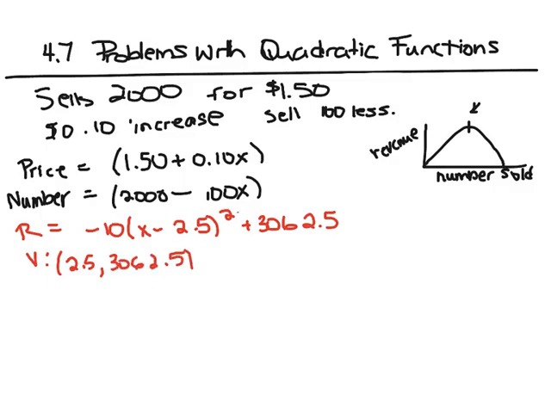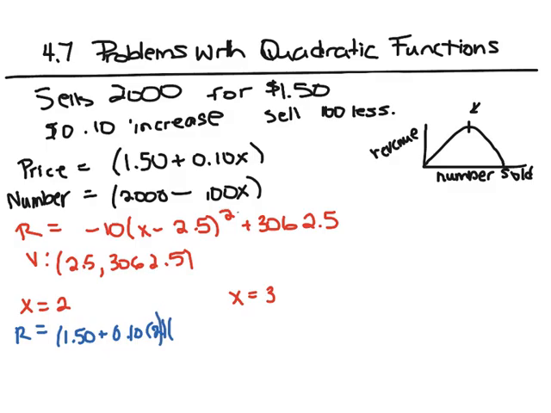Now because we're going up in increases of 10 cents, we can't go up an increase of 2.5. So we're going to try it with x equals 2 and also x equals 3. Because it's right in the middle, let's try them both. So to find our revenue, we're going to just sub the 2 into the equation. So R equals, and we can use our first equation first. So R equals 1.5 plus 0.10 times 2